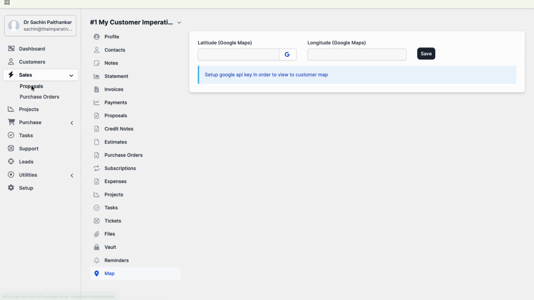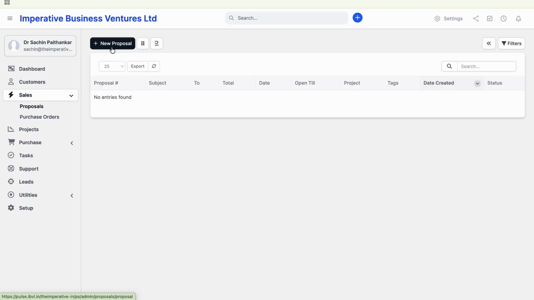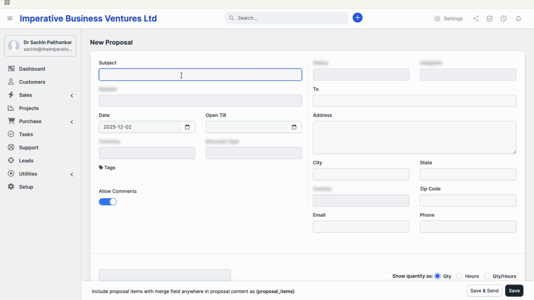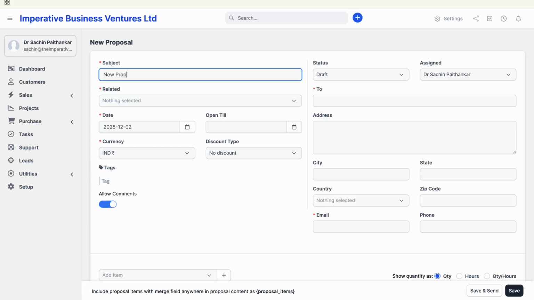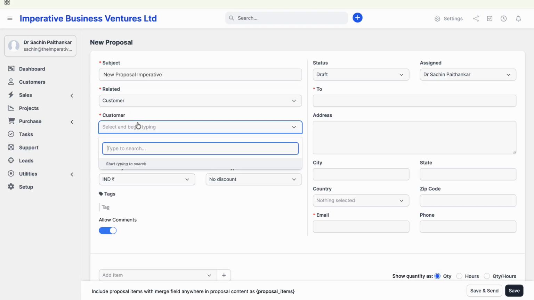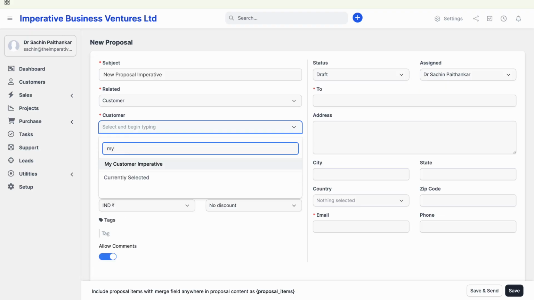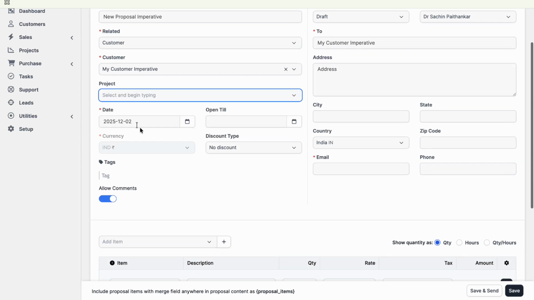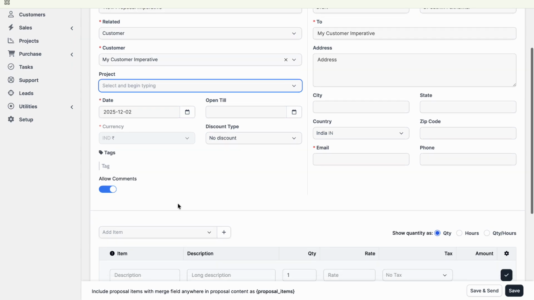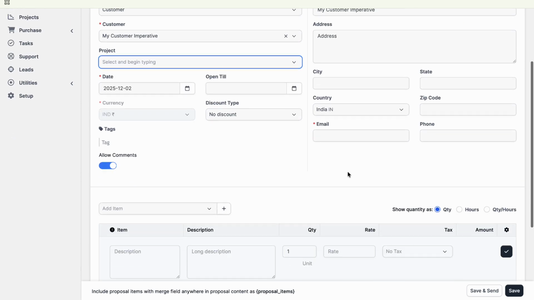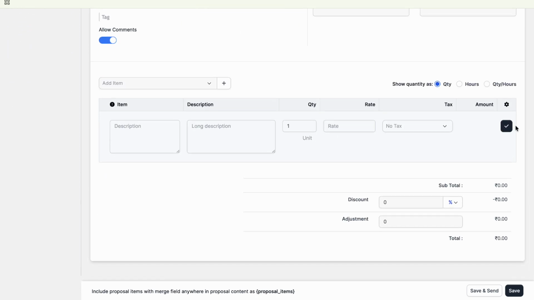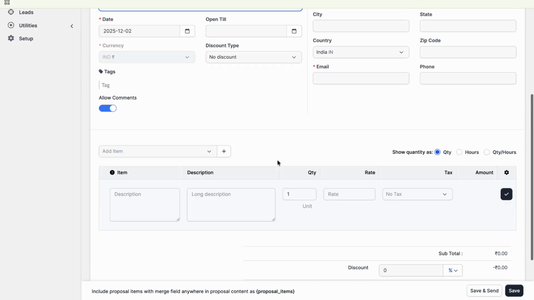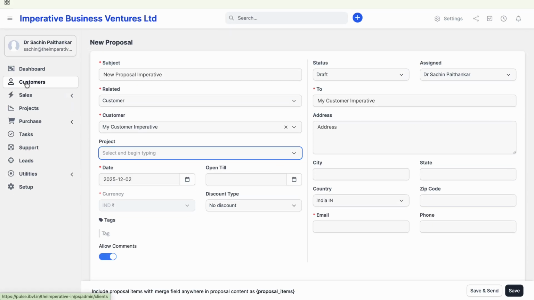Now let's move on to the second option, that is sales. For the sales team, you can use this dashboard to create a proposal. Now this proposal can be a proposal for a new project. It can be a proposal for an estimation or a lead. Over here you can select related to a customer and add in the customer that you have just created. You can select the project and the proposal type. This is not mandatory. If the project is not within your limit, you can avoid adding a project. Estimated discount option is also available, and you can directly send and save this proposal.